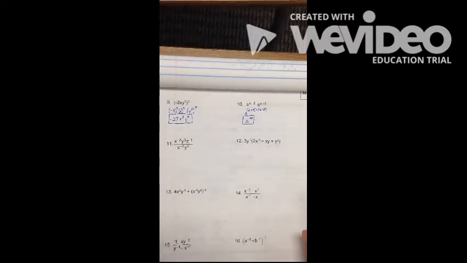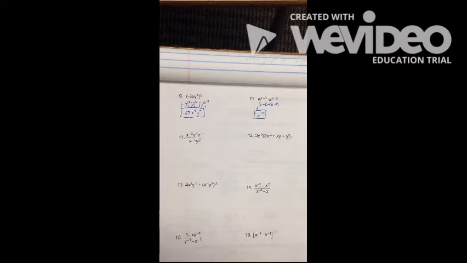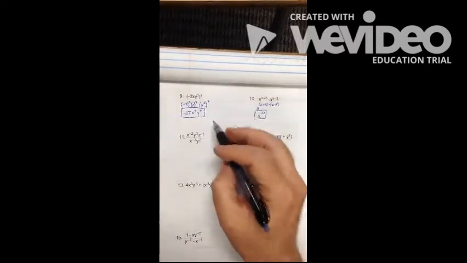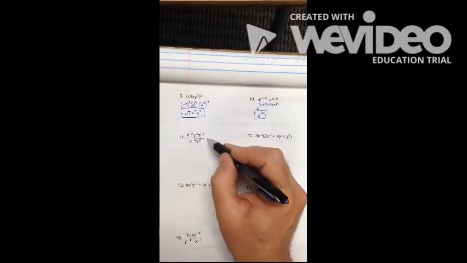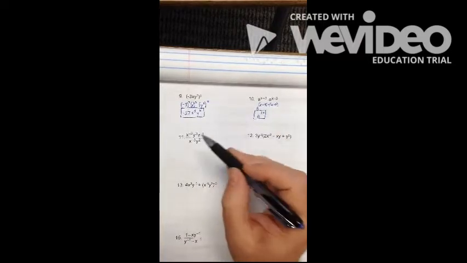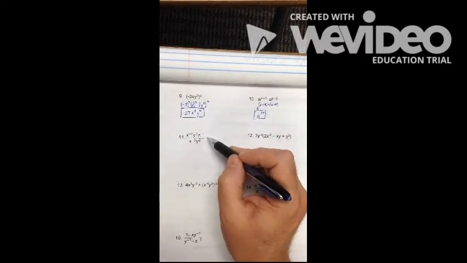All right, number 11, a little trickier. Let me show you a way to do this. This is a little trick. This will make your life easier when you're dealing with negative exponents. Here's the deal. If I take a negative exponent and I move it to the other side of the fraction, if it's in the numerator, if I move it to the denominator, that negative exponent is going to become a